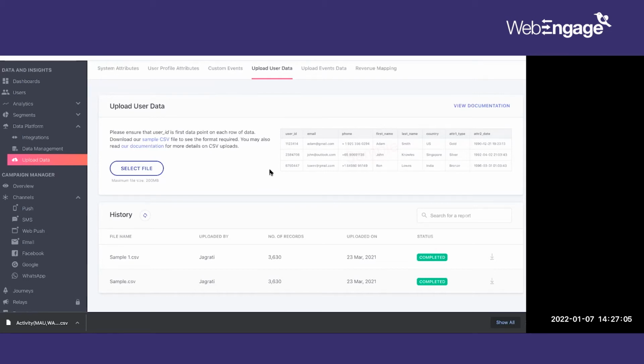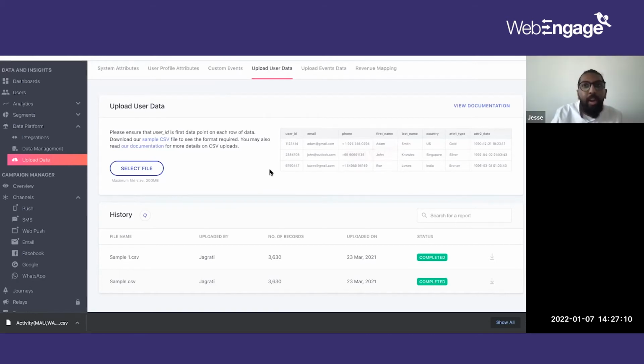Now, the user leaves the website. WebEngage has stored this information with an ID, saying this is the user, these are the events he's done, but it's still unknown. Now, after 2 days, the same user comes onto the platform. At this point, I have created another user ID, again called an unknown user profile, but this time the